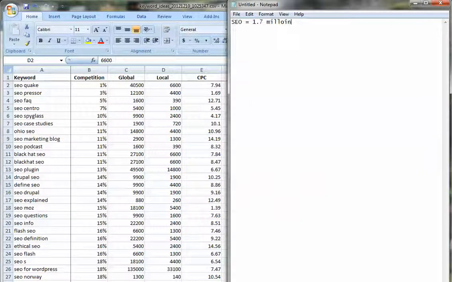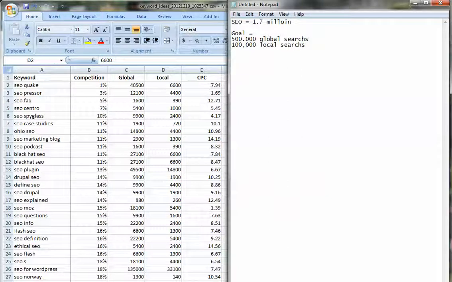So what am I going to do? Well, I want a goal on this particular one to equal 500,000 global searches, and I want 100,000 local searches.